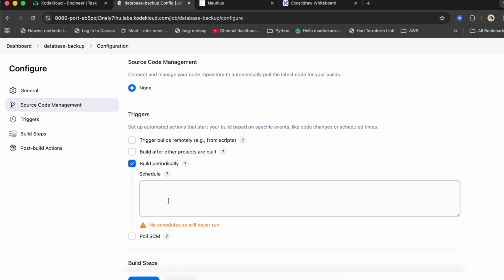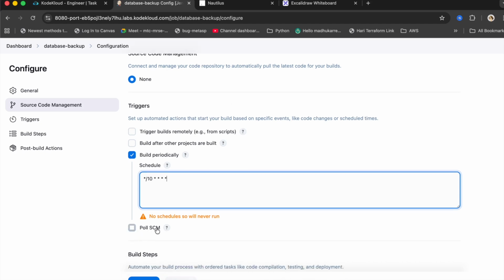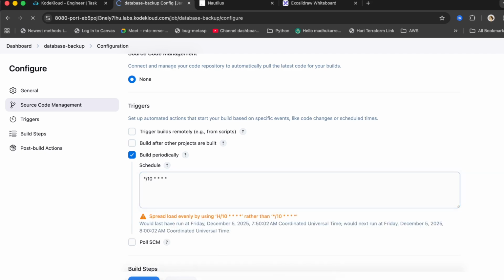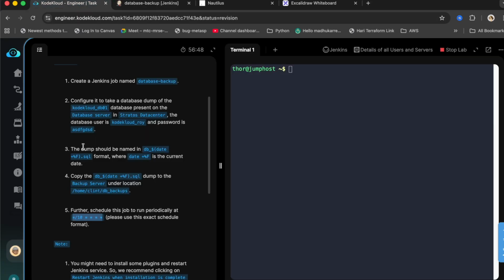Build periodically means regardless of code changes, it's gonna build it. If it changes nothing, still it builds it. So if you use poll SCM, it's built at specific time, but it builds only if the code changes. So that's the difference. Click on save,